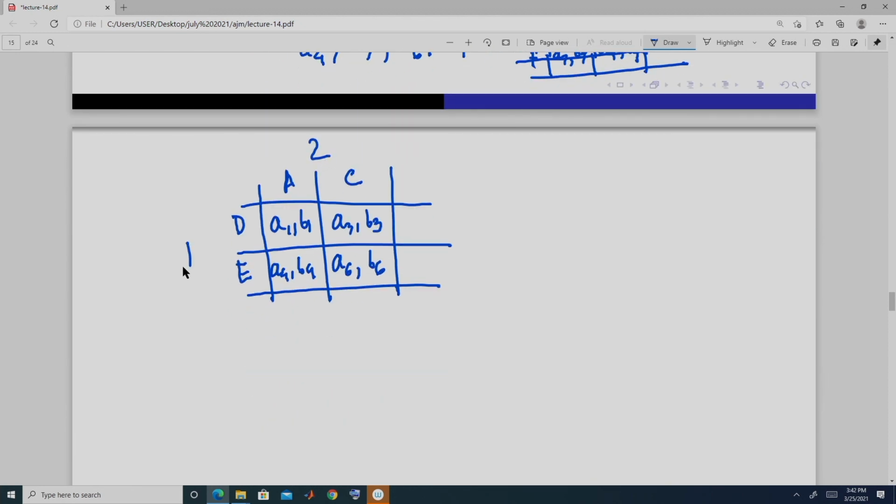Player 2, and suppose A dominates C. So, this means B1 is greater than B3 and B4 is greater than B6. So, we are now